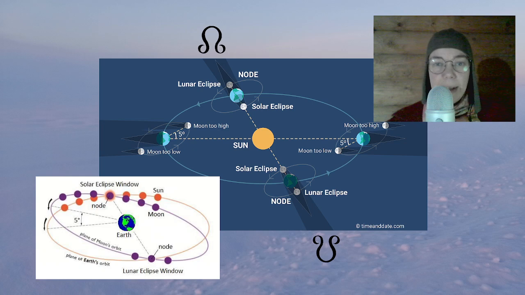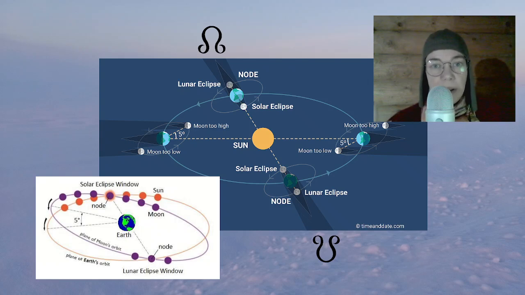So here is a little bit of a representation. It's not to scale, but it shows how to determine what the nodes of the moon are in astronomy, in a way. So the nodes of the moon are directions, and it is the direction in space at which the moon aligns with the sun and the earth at the time of the new and full moon. And this only happens twice a year, every 6 months or so,